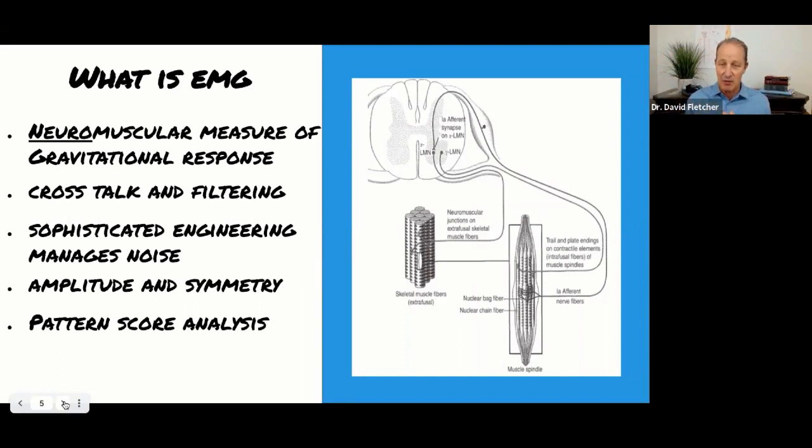So two of the hallmarks that I want you to focus on when we're looking at that signaling in a muscle. Remember, just like we talked about with HRVs, that there are dynamic patterns of wave movements. So wave functions, such as the sine wave, is associated in this case in the motor nerve with causing contractility within a muscle. Well, we can look at that wave format and understand amplitude and symmetry. And from that, we can then begin to score patterns. And it's these patterns that help us detect if a subluxation is in play or not.